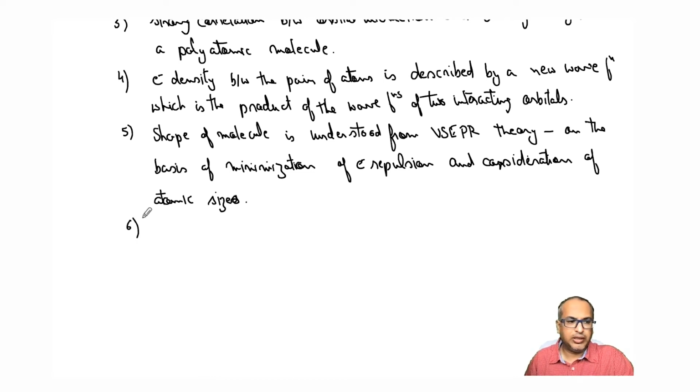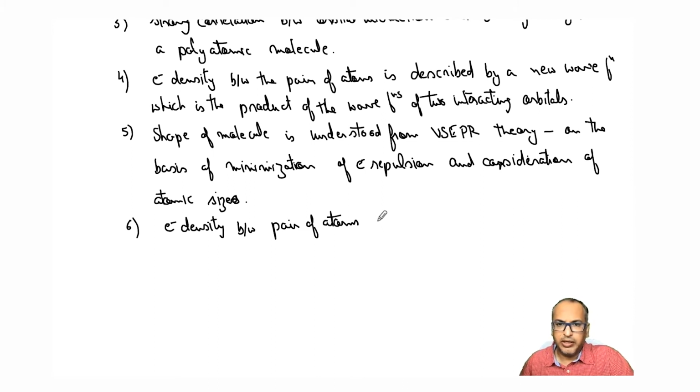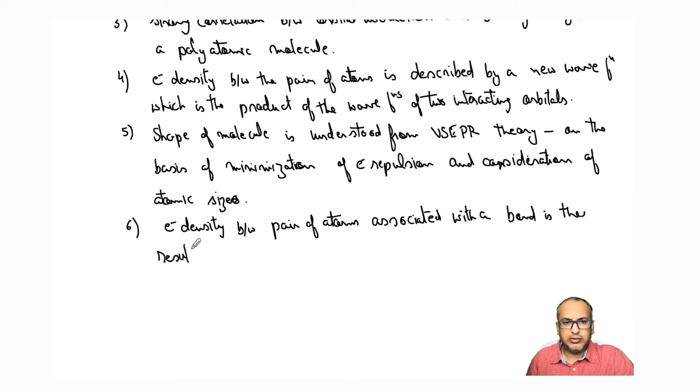All right, and I think the last point is electron density between a pair of atoms associated with a bond is the result of effective overlap